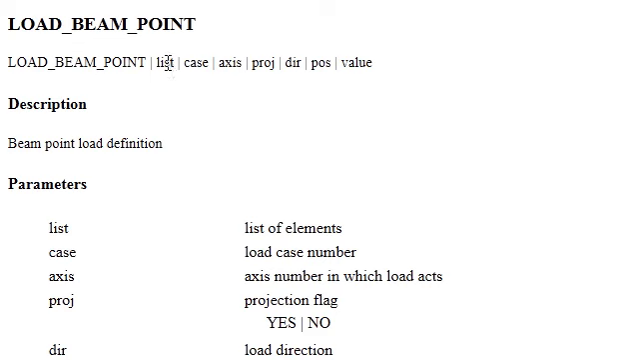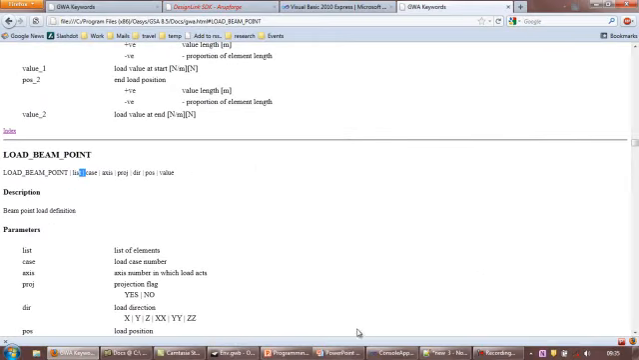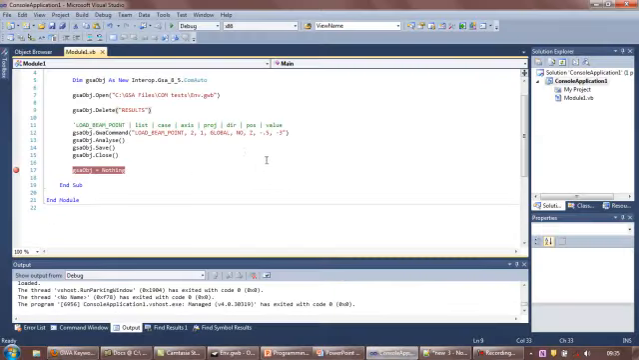So each of these pipe characters in this syntax can either be a comma or a tab. So we can separate each of these fields using commas and assemble a string from these parameters, and then pass it as an argument to GWA command, which is what we've done here. So we created a LOAD_BEAM_POINT for